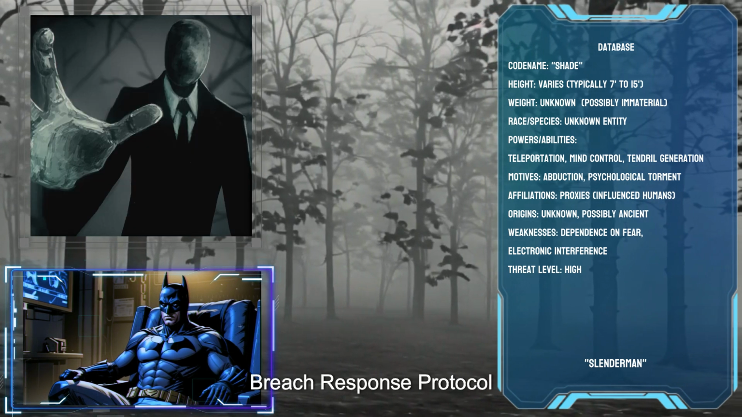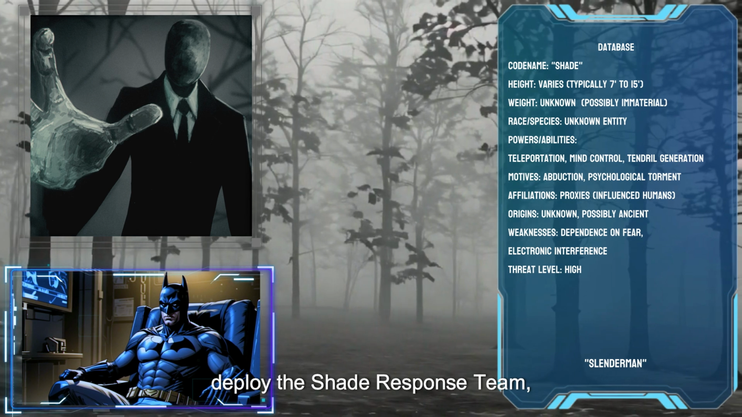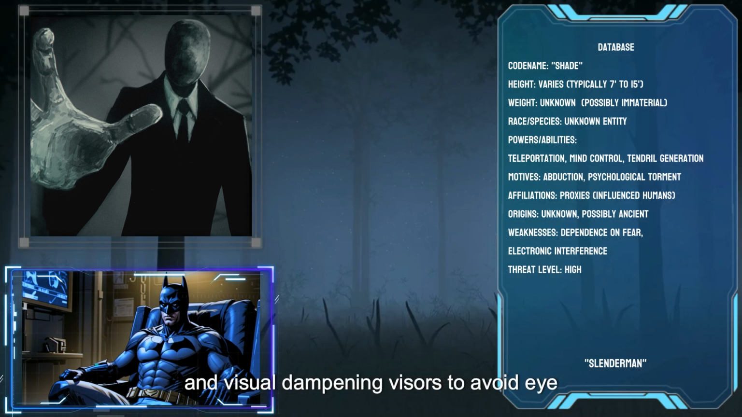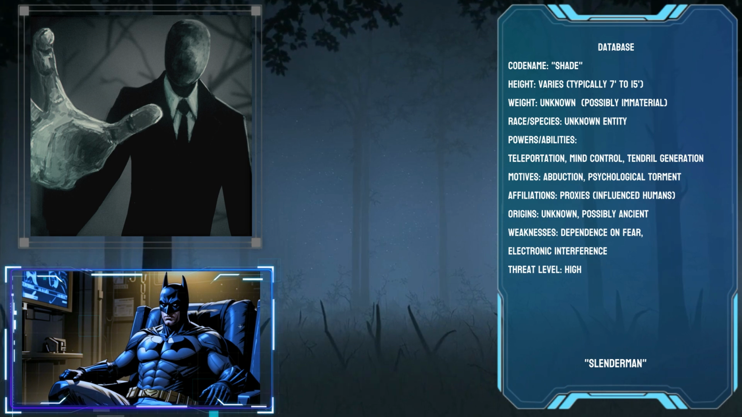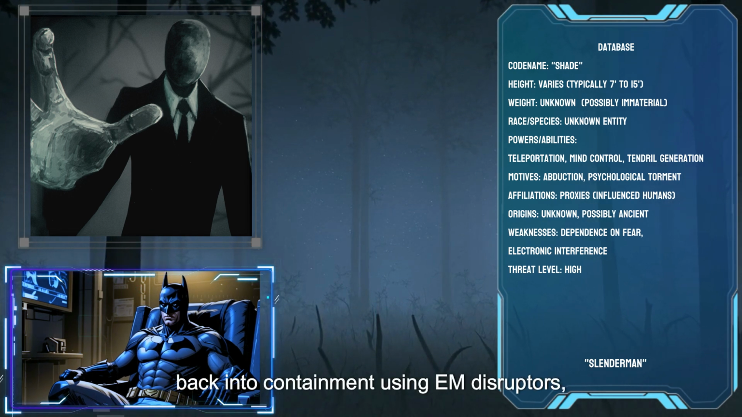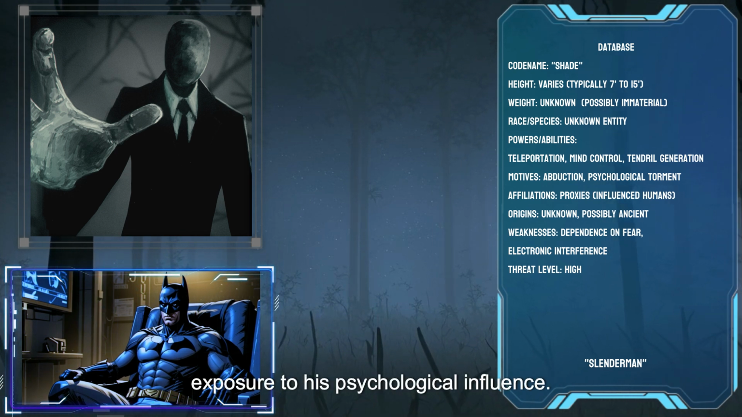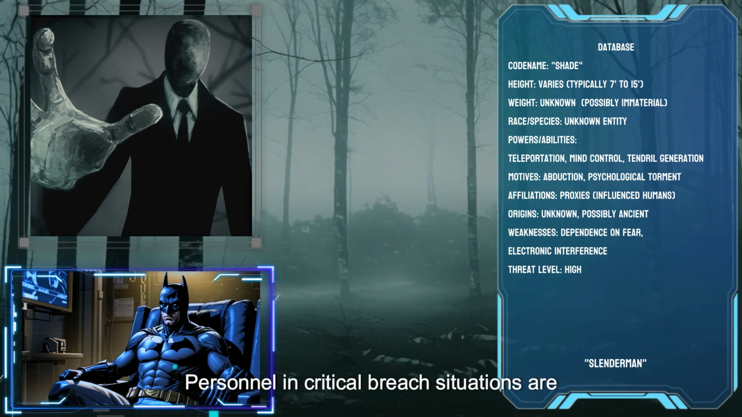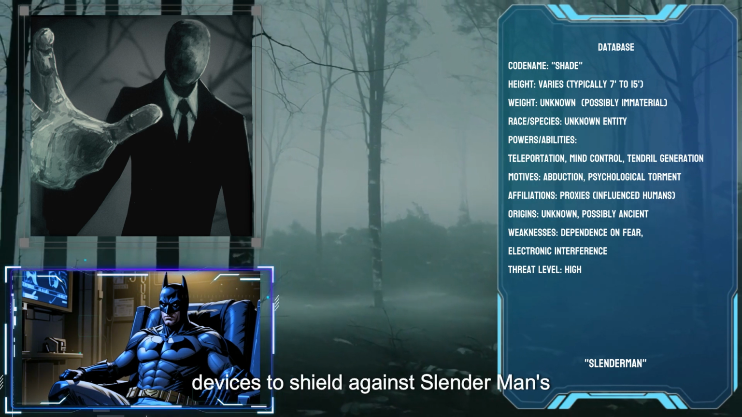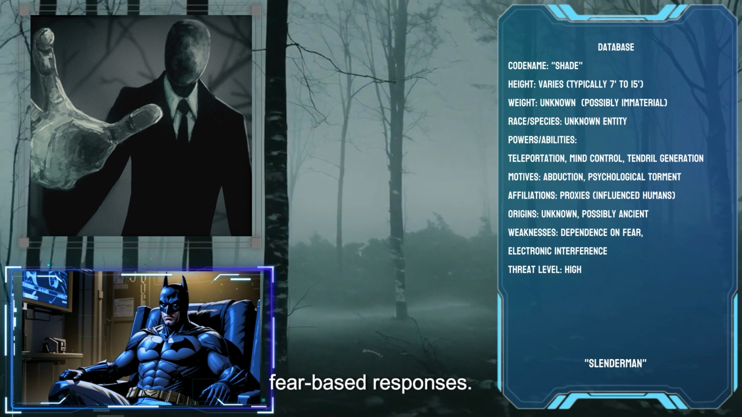Breach Response Protocol. If containment fails, deploy the Shade Response Team, equipped with electromagnetic disruptors and visual dampening visors to avoid eye contact. Their objective is to corral Slenderman back into containment using EM disruptors, maintaining a safe distance to limit exposure to his psychological influence. Personnel in critical breach situations are equipped with low-level magnetic pulse devices to shield against Slenderman's psychological influence, preventing fear-based